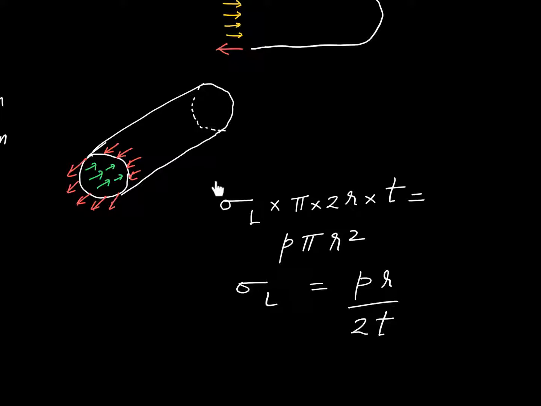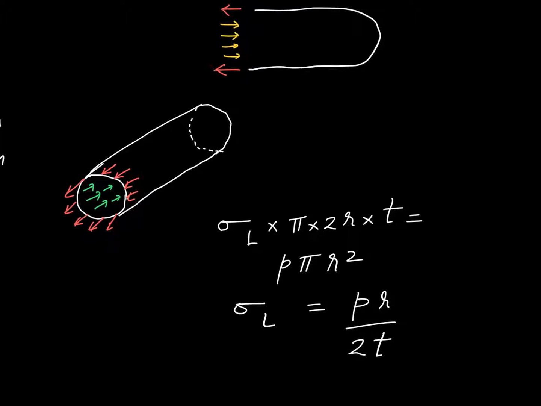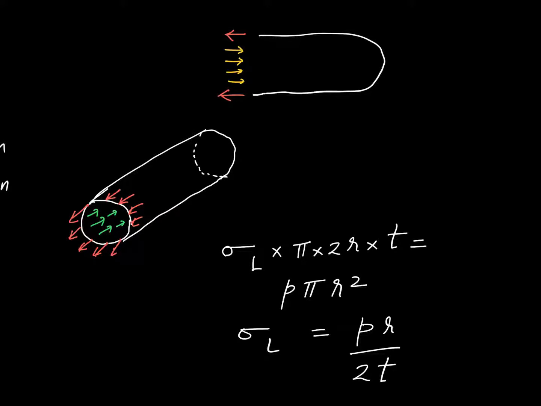Sigma L is the longitudinal stress, and the area over which it is acting can be written like this: 2 pi r times t, where t is the thickness of the wall and r is the radius, times sigma L, equals P times pi r square. P is the internal pressure of the fluid inside this tank, and pi r square will be the cross-sectional area. The key takeaway is that this force, the force due to the internal pressure, is not acting